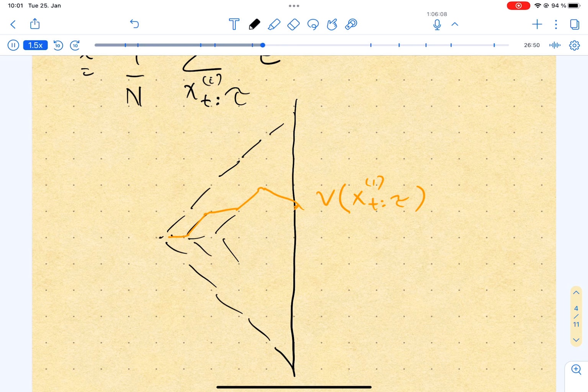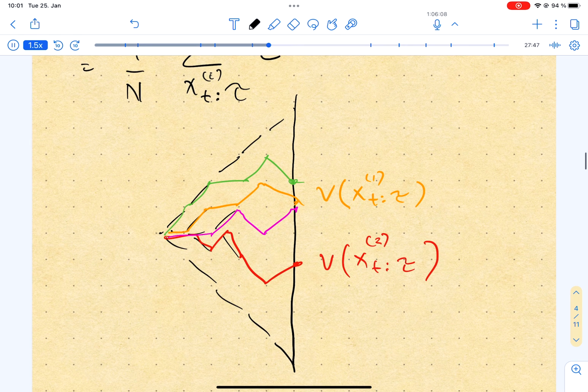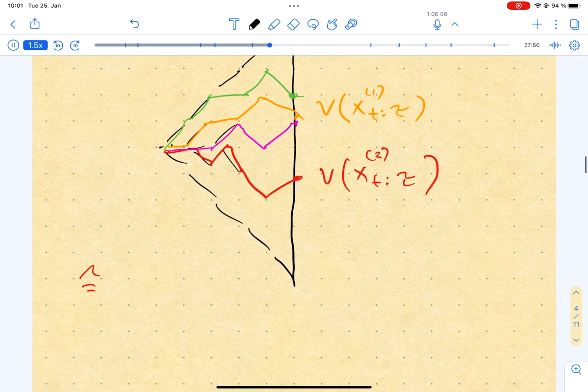This is our first path. Then generate paths according to the propagator k, and sum these exponentiated things together. So I'll just keep things concrete. We have our estimator of j, which can be written as 1